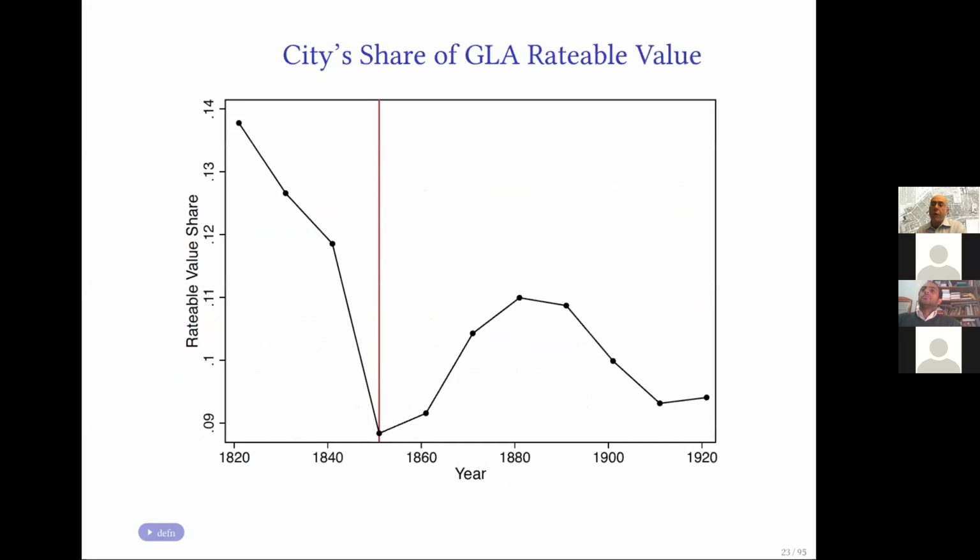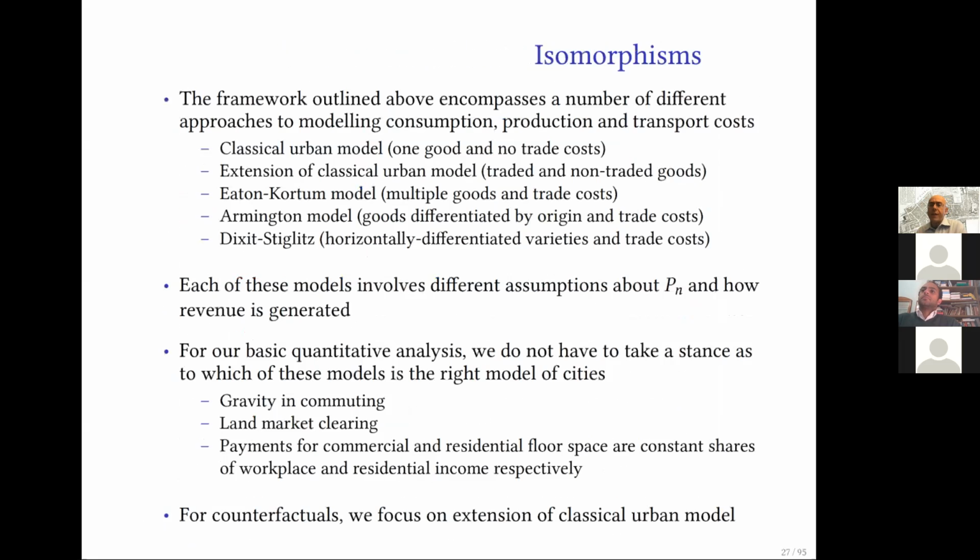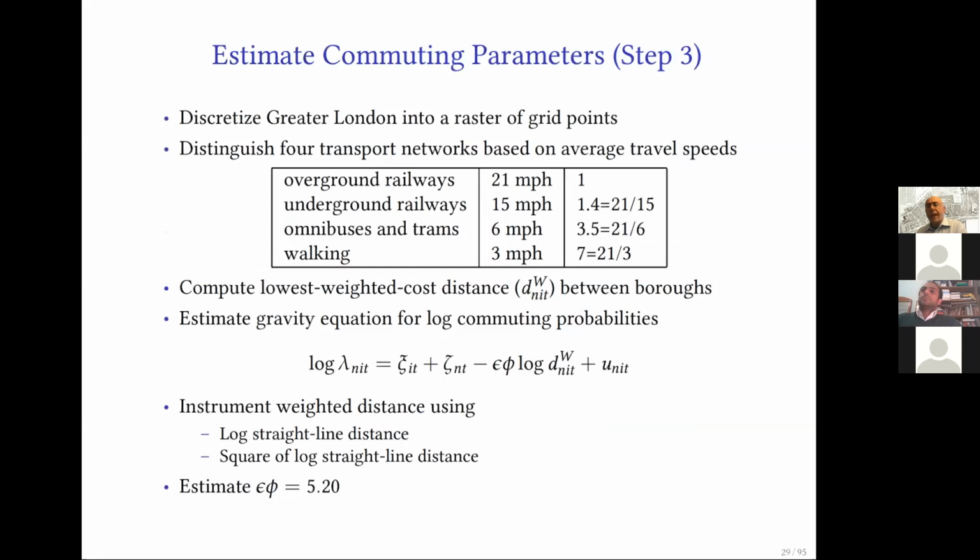And that shouldn't affect using the model. You can use the same model and take into account what the car does to travel times. It's just that for the car you have all these lateral connections through side roads that you don't really have for the railway. The changes in travel time implied by the arrival of the car will help to decentralize, because you'll be reducing travel times between peripheral locations much, much more. So I think that would be an implication of moving towards the car, that the car should be an